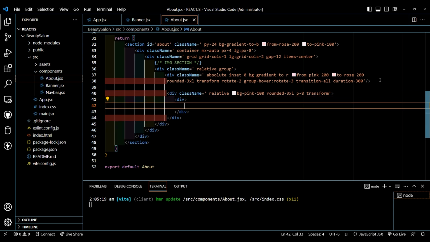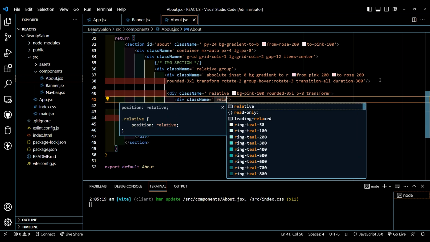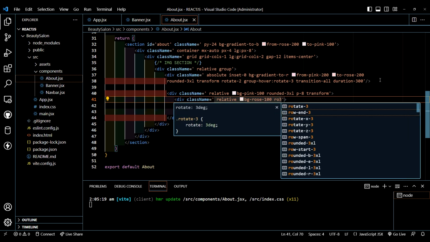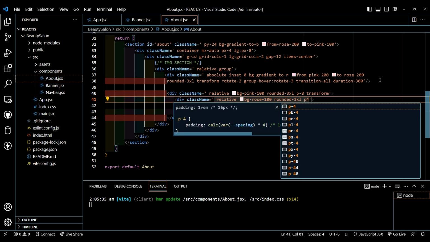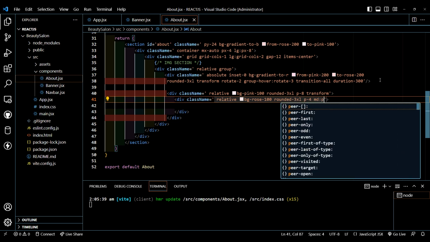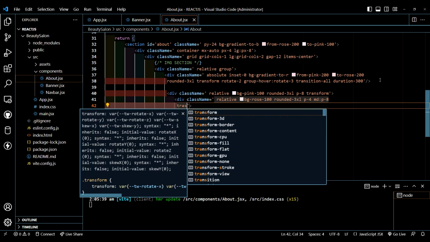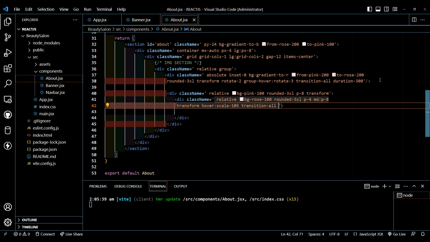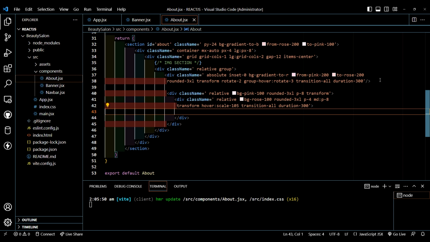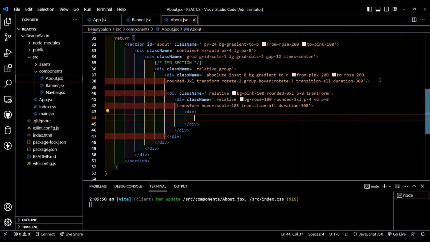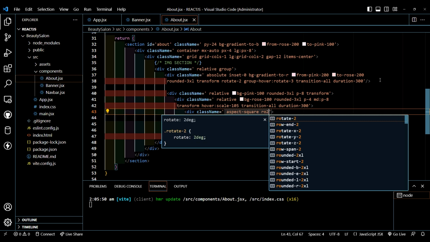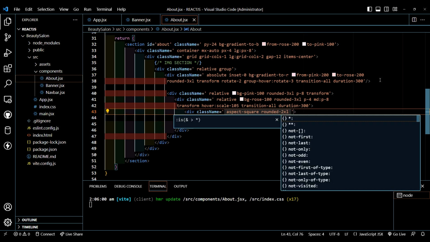Transform. Another div, give class name, position will be relative, bg rose 100, rounded 3xl, padding will be 4, for medium screen padding will be 8, transform, hover scale 105, transition all, duration 300. Let's create div, give class name, aspect square, rounded 2xl,